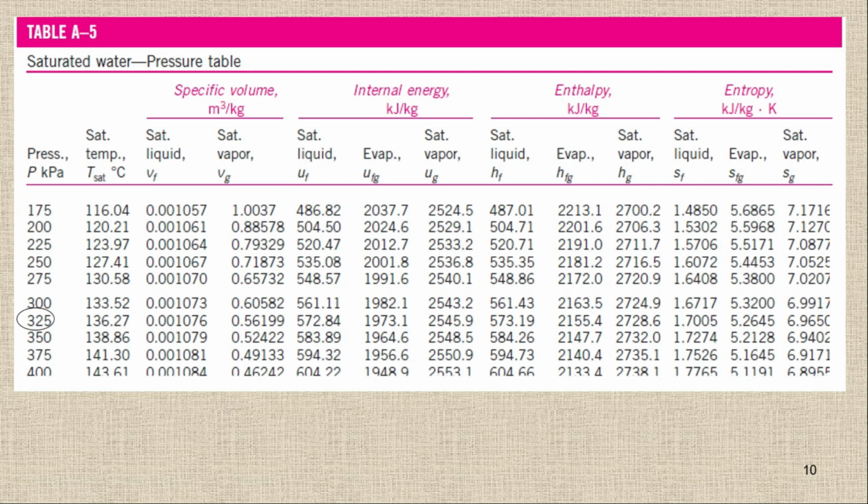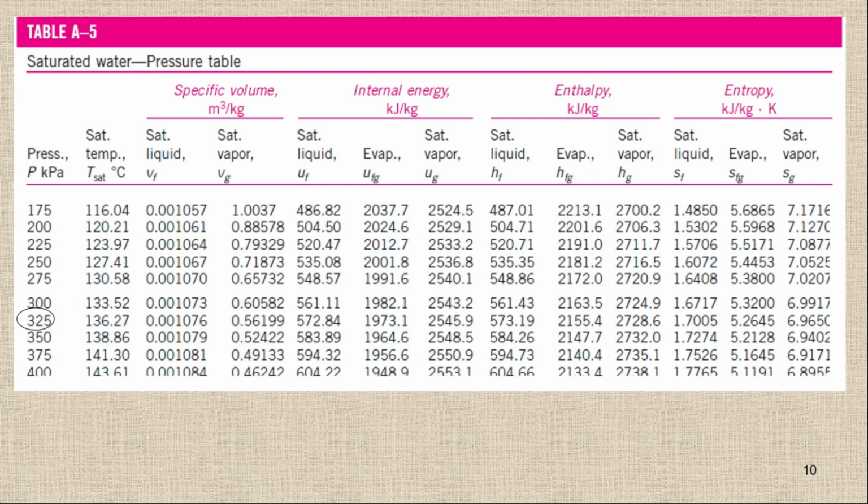Students, be careful. Whenever we have ideal gas, then we have to use PV = mRT, and whenever we have any pure substance, then we have to use the tables. In this question, we have water, so please do not use the ideal gas equation PV = mRT to find any property. So always you have to find the properties using the table for water or any other pure substance.